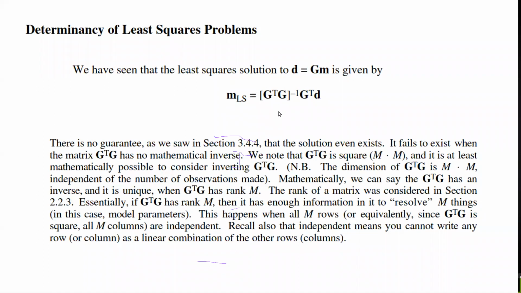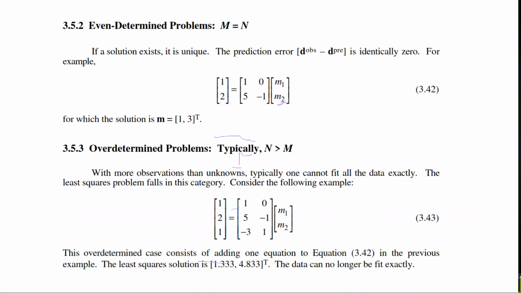Depending on the columns and how the coefficients in G are posed, we can determine it categorizes the least square problem into three categories or three classes. We say the problem is even determined if the number of model parameters is equal to the number of observations. So we have an equal number of data and model parameters to investigate. For example, the data is 2, the model parameters are 2. So this is an even determined